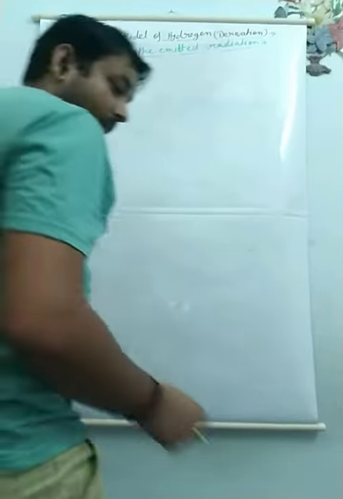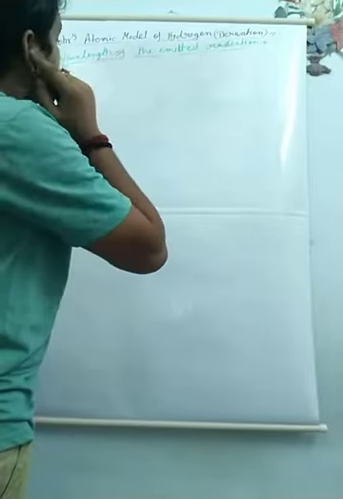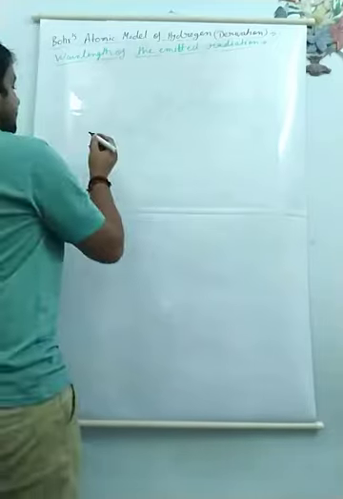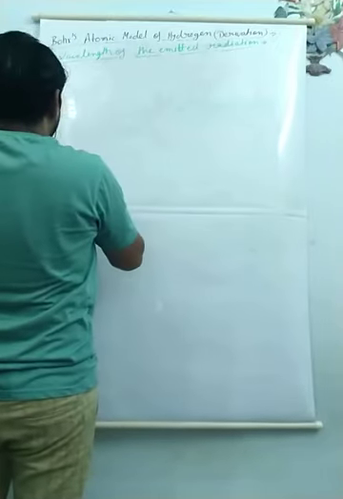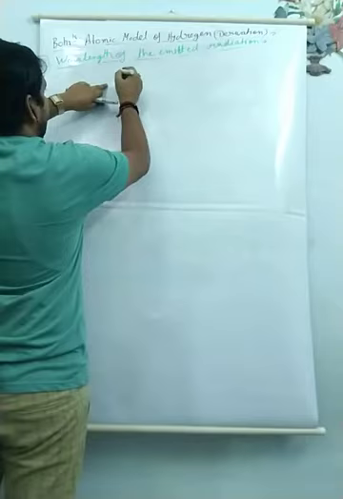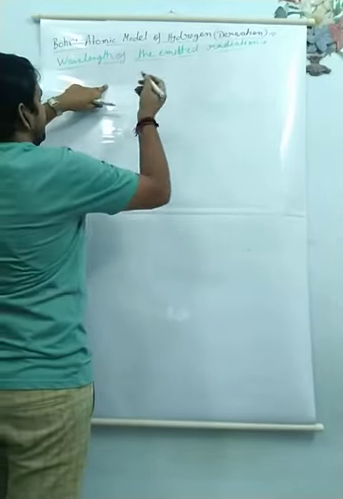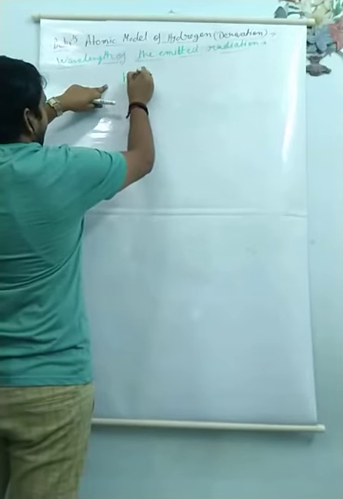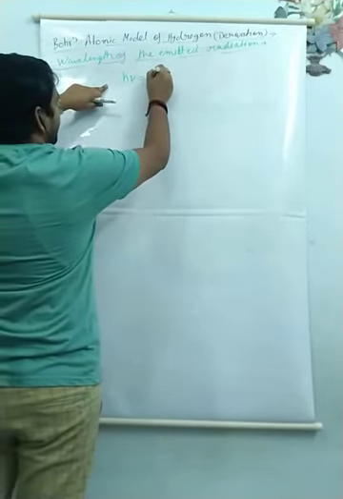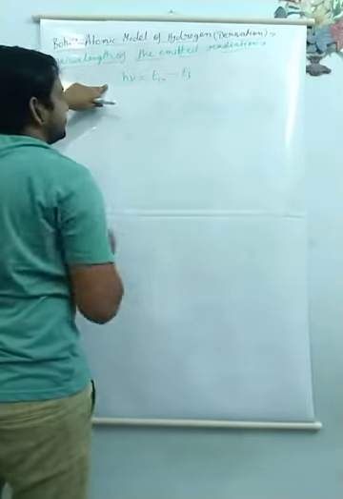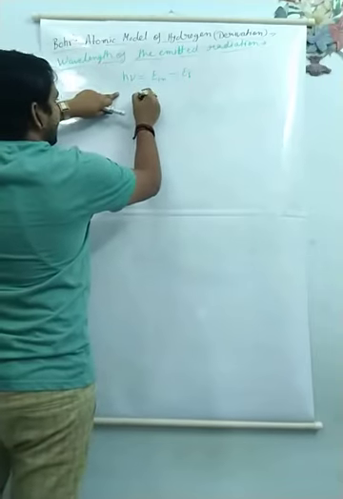Now, wavelength of nth orbit. By using the third postulate of Bohr's, according to the third postulate, the difference of energy levels from one state to the other is given by h nu is equal to E initial minus E final. We have energy